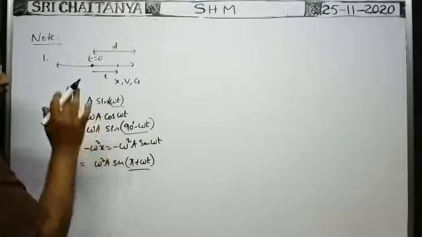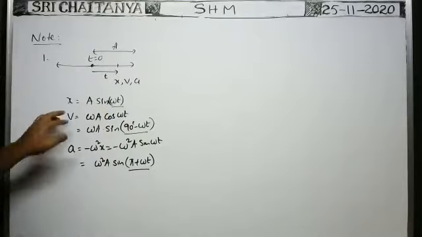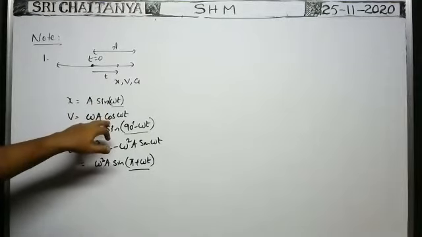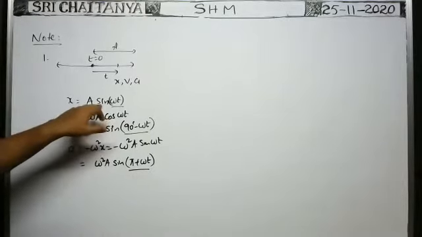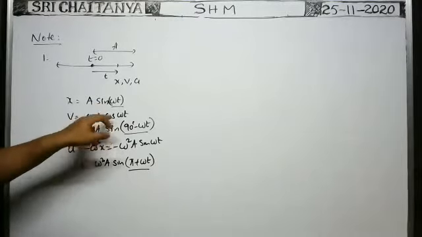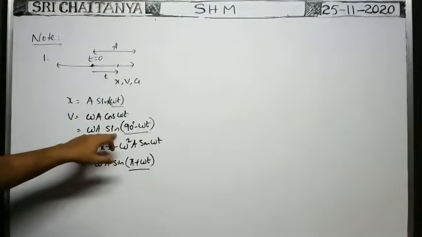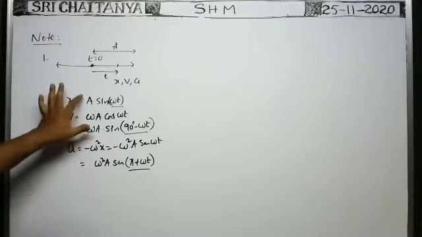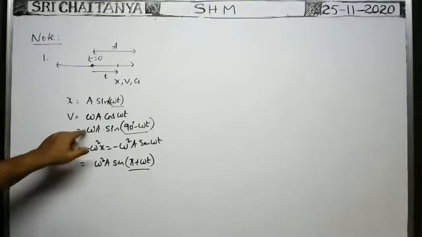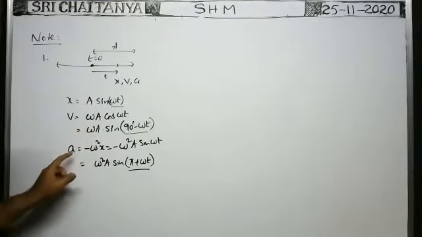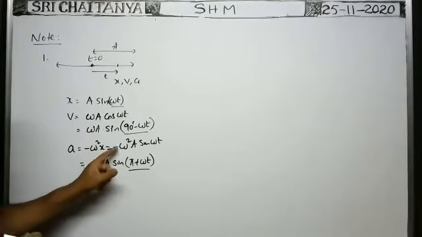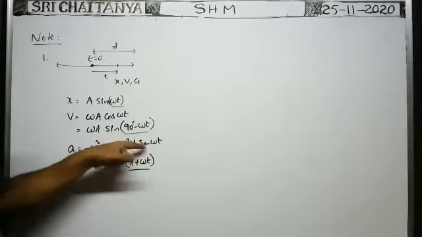We have to convert them into the same type, even though they are different. You see, actually the velocity formula is this one. In terms of cos it is there, but here sine is there. You convert this cos also in terms of sine. Similarly, here it is having a positive quotient. Here also a positive quotient. But here a is equal to minus omega square x, minus omega square into x means a sine omega t.